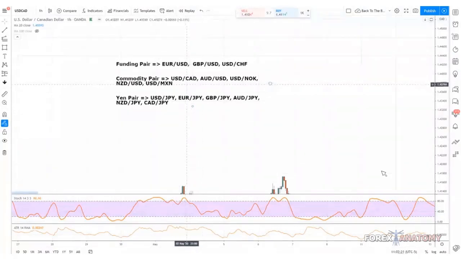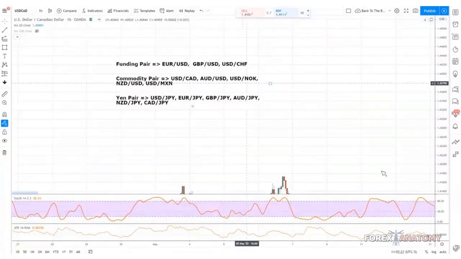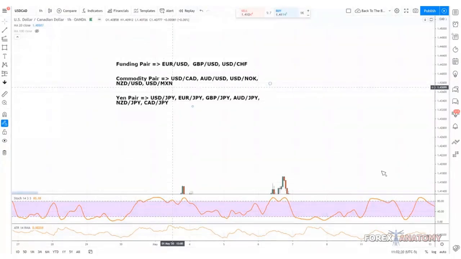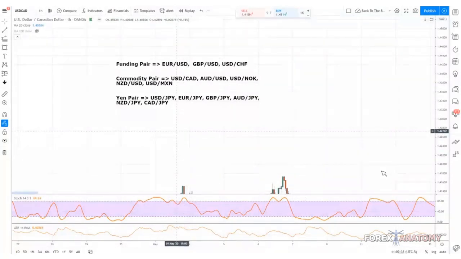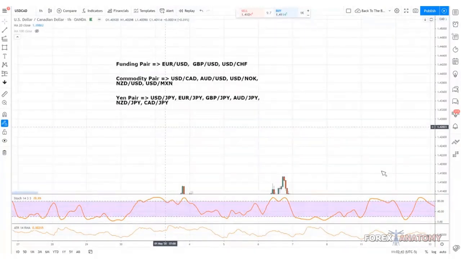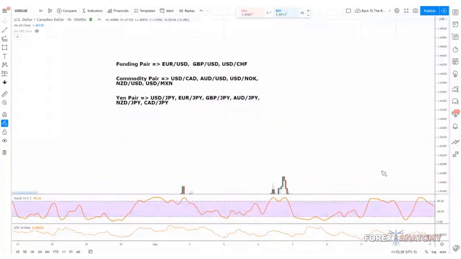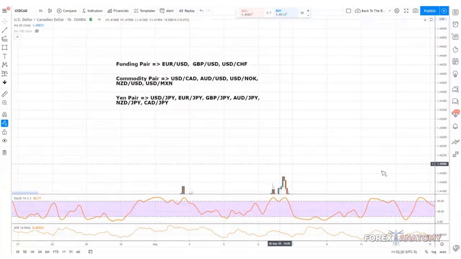And that's with our US dollar over CAD, Aussie over USD, US dollar over Norwegian krona, New Zealand dollar over US dollar, and US dollar over MXN. Do you guys know what MXN is? For those of you guys that have been with us for some time, what is MXN? I know Cynthia, she may know. Yeah, well, everyone should know. I think we talked about it before. But MXN represents a certain emerging market. Yep, the Mexican peso. Exactly.